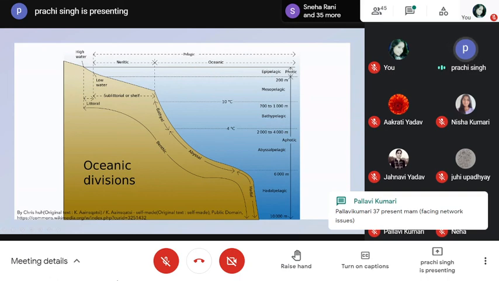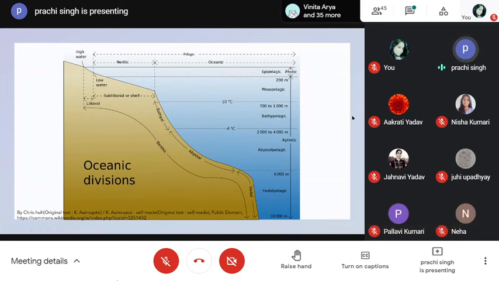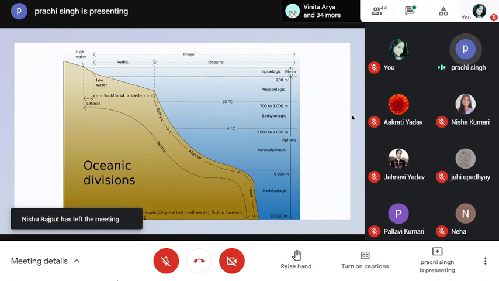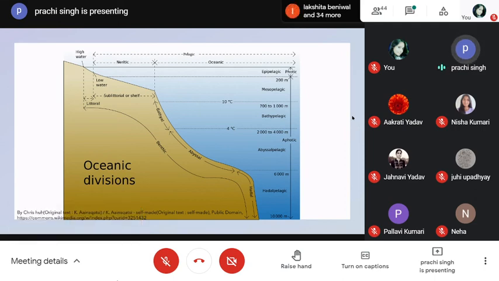ठीक है, कोस्टल जोन में क्या क्या रहता है, ये तो सी या ओपन सी के बारे में डिस्कशन हो गया है. Now the coastal zone is a very highly productive region, a region of very high primary productivity. ठीक है, प्राइमरी प्रोडक्टिविटी के बारे में हमने पहले ही डिस्कस किया है. ये उन जगह पर सबसे ज्यादा होगा जहां पर ह्यूज अमाउंट ऑफ